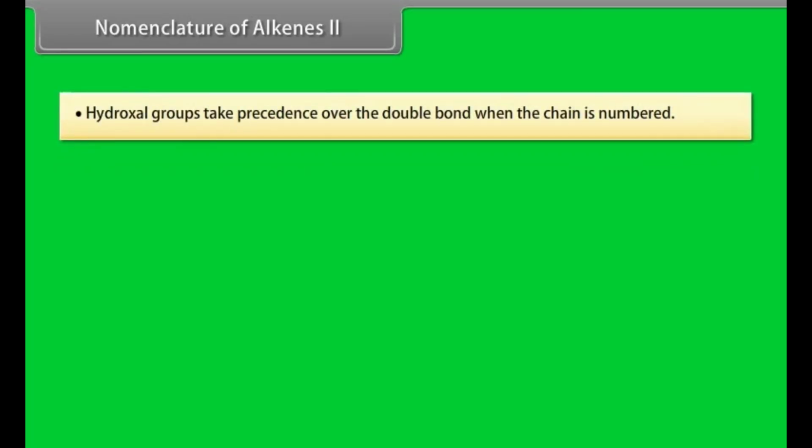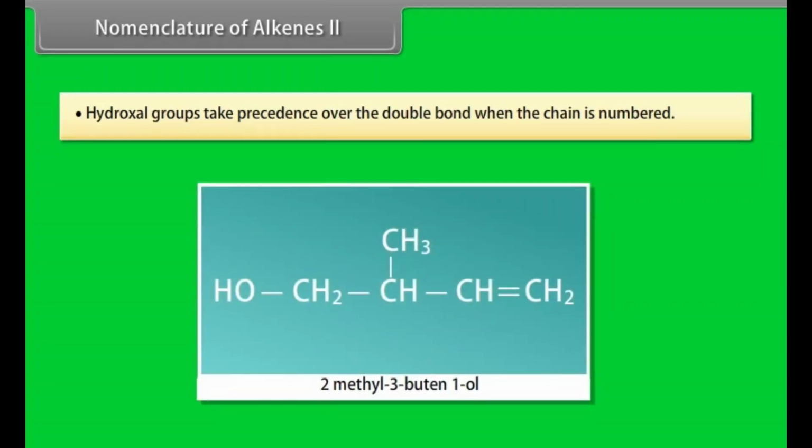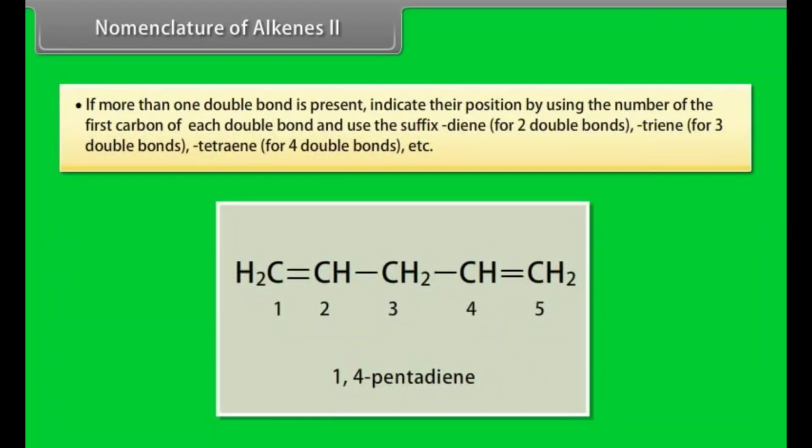Nomenclature of alkenes Part 2. Step 7. Hydroxyl groups take precedence over the double bond when the chain is numbered. This compound is 2-methyl-3-butene-1-ol. Step 8. If more than one double bond is present, indicate their position by using the number of the first carbon of each double bond and use the suffix diene for 2 double bonds, triene for 3 double bonds, tetraene for 4 double bonds, etc. For example,